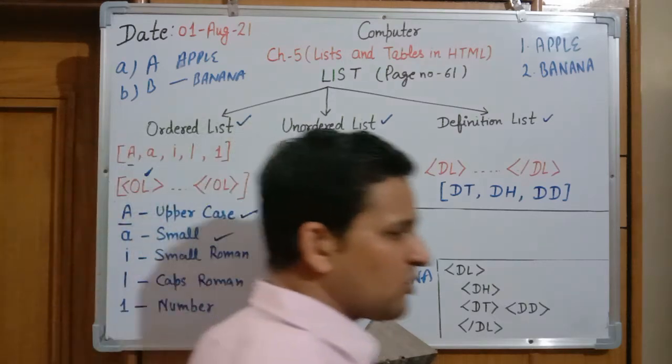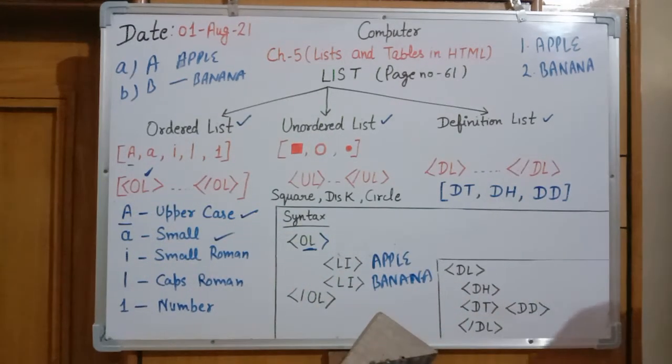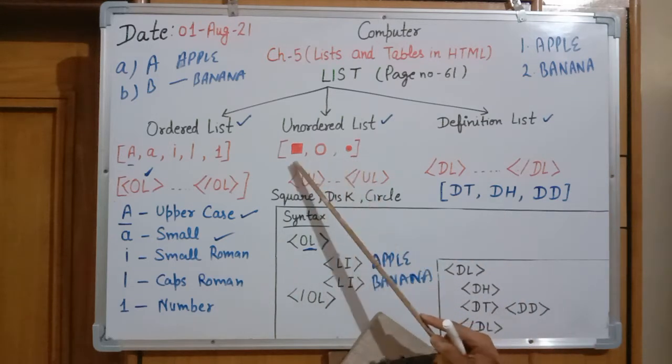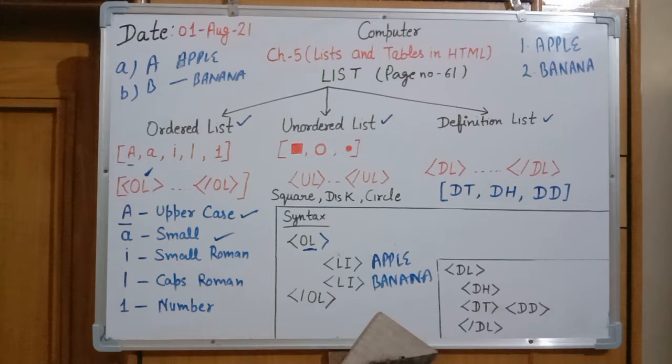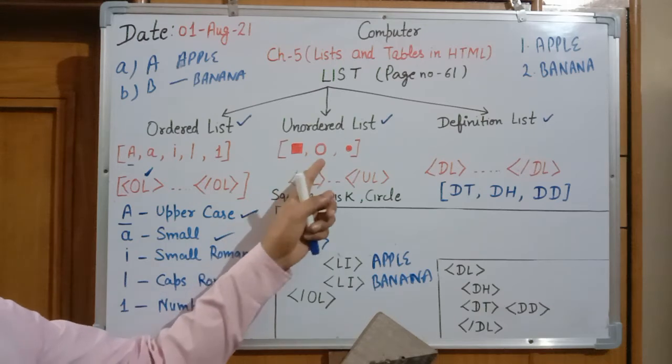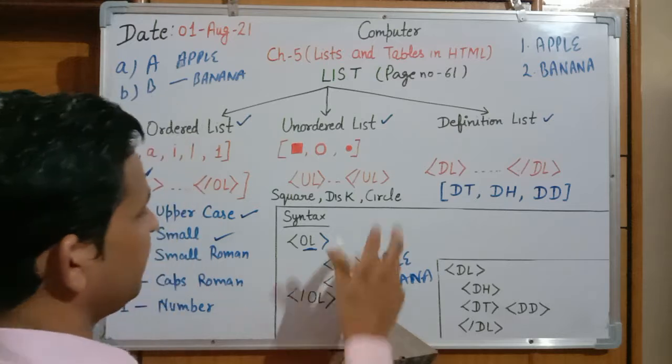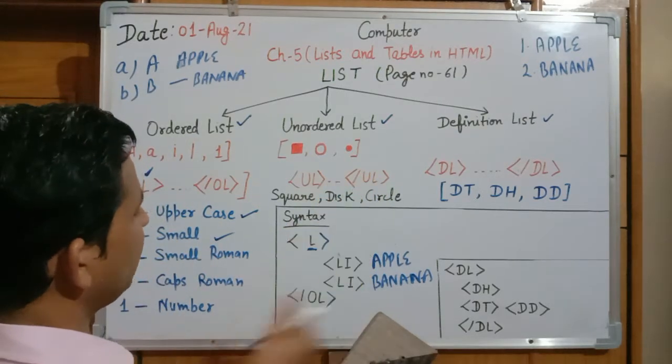Unordered list, that is not in a sequence, that is not in a number, not in alphabet, it is in a bulleted form. Bullets are given. Bullets can be of three types, either square, disc, or circle. And unordered list will start with UL tag, because we are giving the sequence square, disc and circle, so we need not tell from where it will start. We can write UL on behalf of OL.